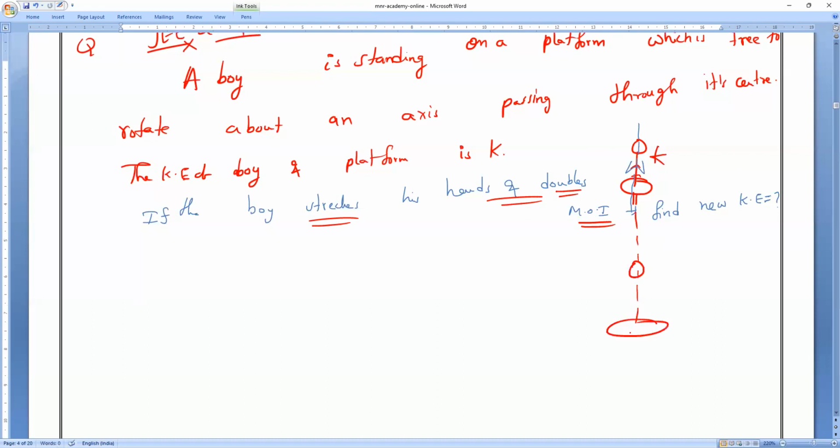So now what is happening about this? Now he stretched his hands. So stretched his hands means we all